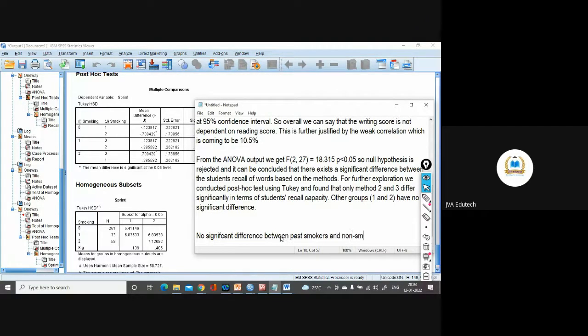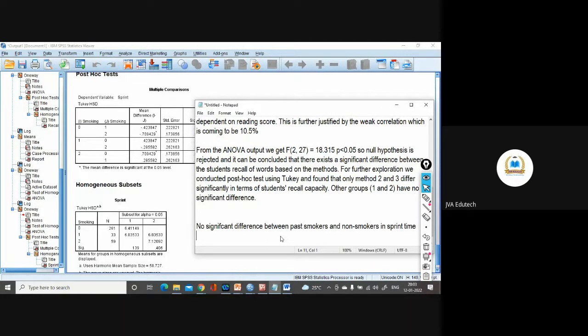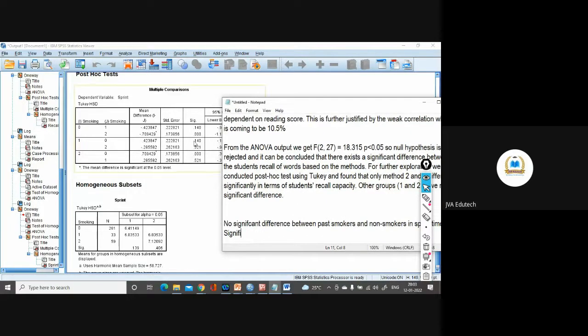Past smokers means those who quit after smoking for a particular time. Past smokers are like non-smokers in sprint. Now see the second is the same. So overall you will find here there is no significant difference.